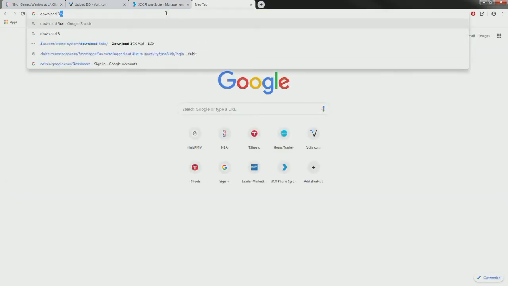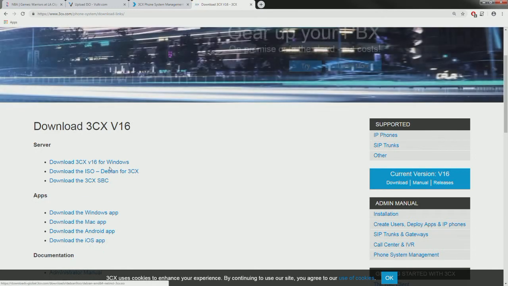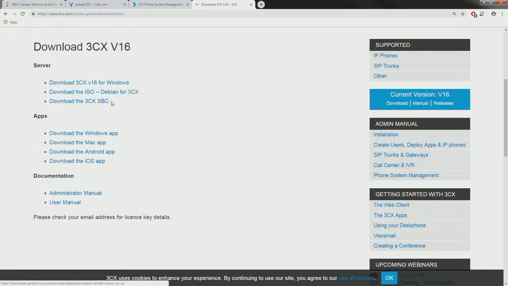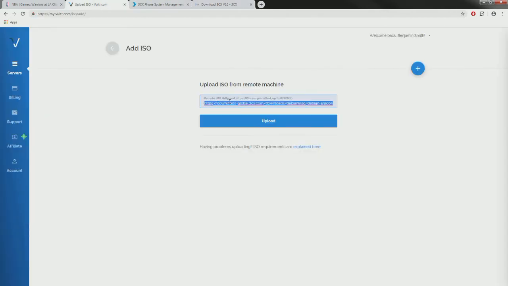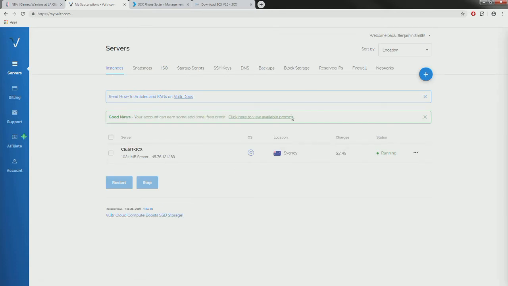So if I go to download 3CX and grab the download link, I can grab the link to the ISO. You can see that's the link to the 3CX ISO. If I just copy that address, I can paste that straight in here, click on upload, and it'll then upload that ISO to my account. So once I've got that ISO in my account, I can then start to generate my own 3CX instances using